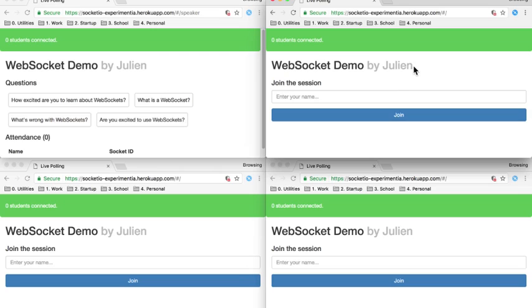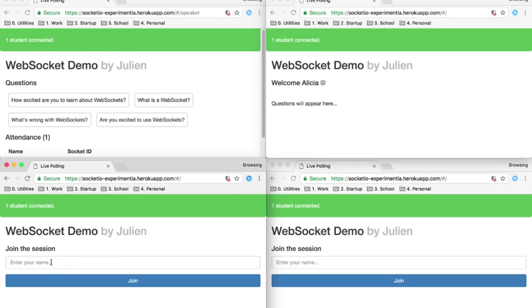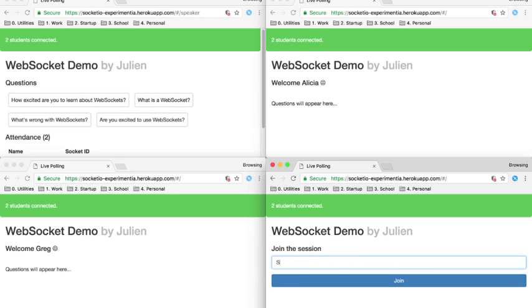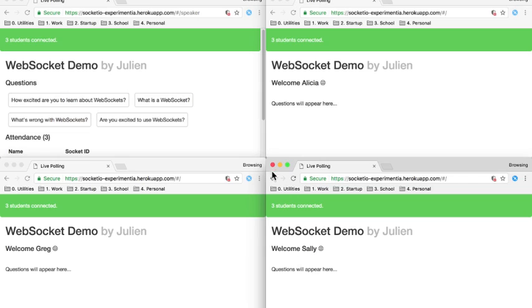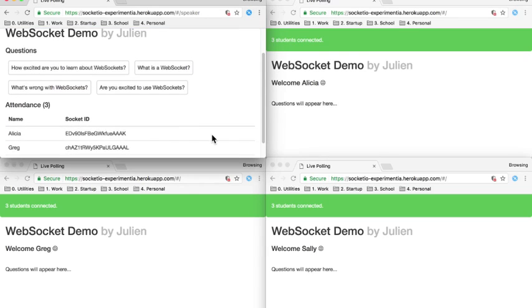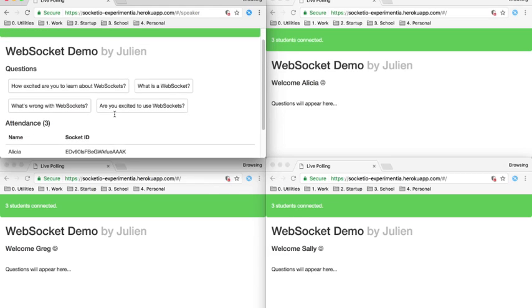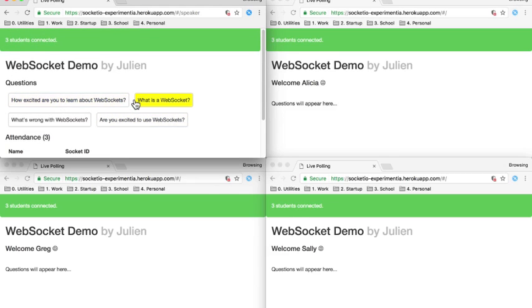You'll notice that the other tabs all had my name appear. So I'll add people to the others. You can just add some names. These are students or audience members who will be watching the presentation and waiting to answer questions. So I can see that there's Alicia, Greg, and Sally who are my attendees,